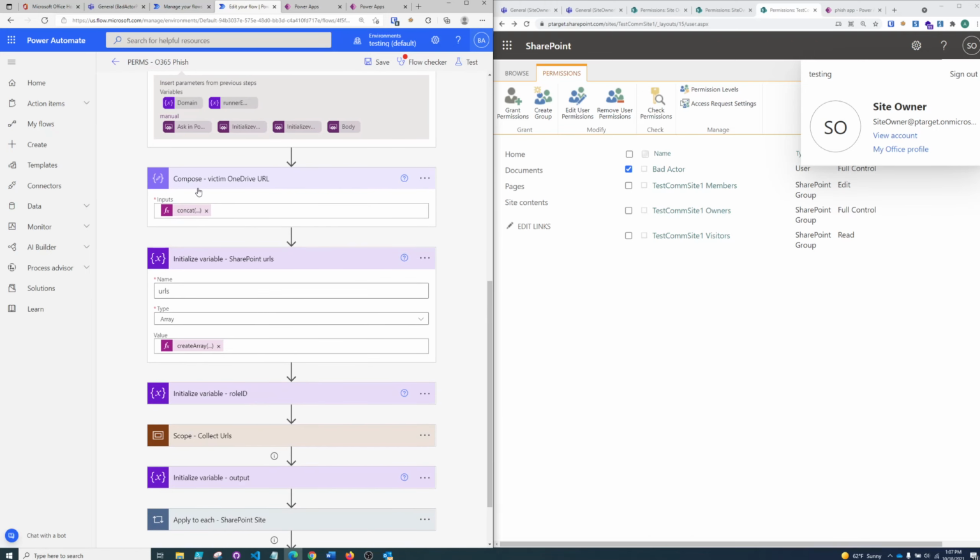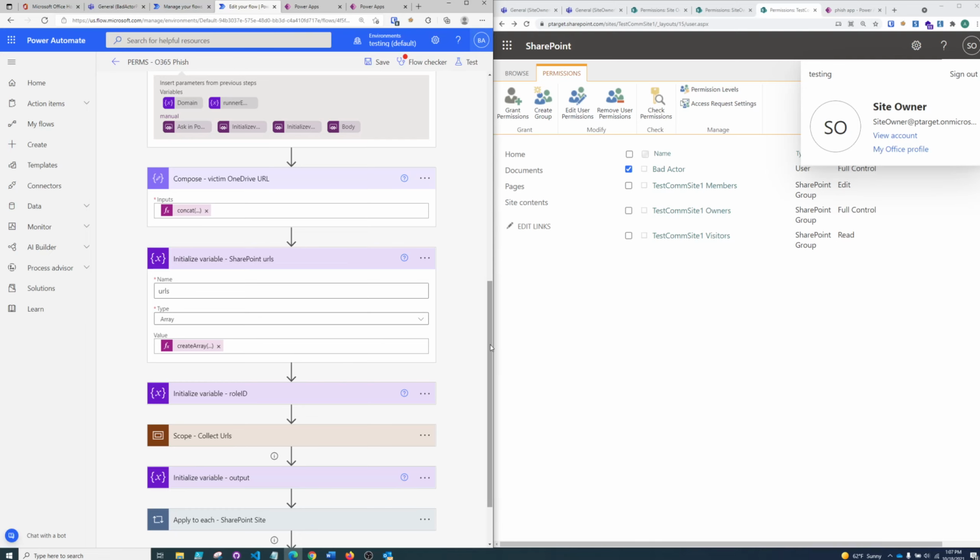And moving forward, the victim OneDrive URL is just going to concatenate some of those values that were passed in as parameters, so the domain, as well as the replacing of the email address with the @ and periods to an underscore. In addition, I think commas and spaces also need to be replaced. This is just a basic test. However, they're just building the OneDrive URL for the tenant structure. And since this is an insider phish, this can obviously be updated to match whatever tenant's